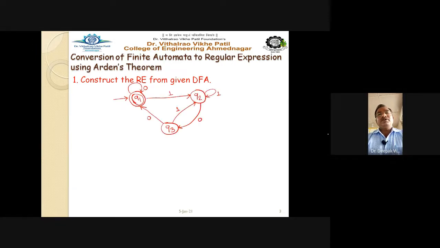The DFA is given, the state Q1 having input symbol 0. First we have to identify the input edges. On Q1, we have two input edges: this is one input edge, on Q1 itself, and the other is from Q3 on Q1. For Q2, the input edges are 1, 2, and 3, and on Q3, a single input edge is there. So the very first step is to identify the input edges